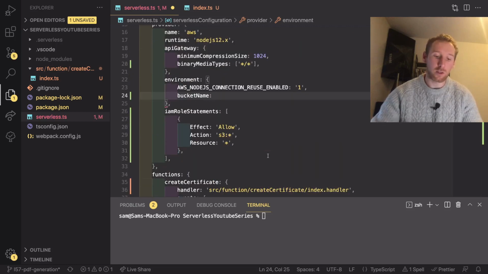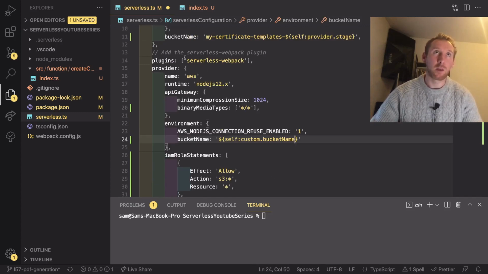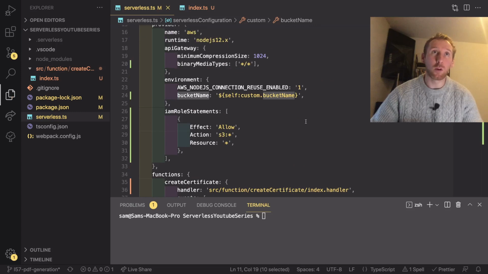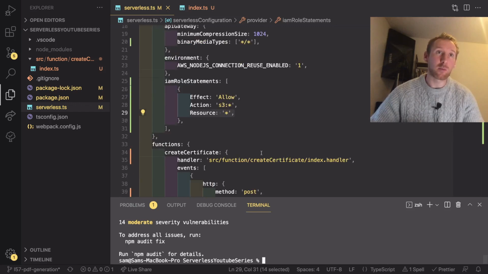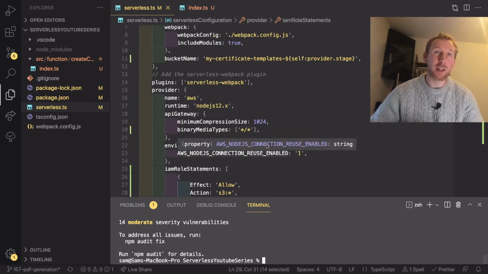So what we can do is do another string with $ curly braces, self:custom.bucketName, which is going to point at the same variable we've defined in our custom section, so everything will work together. Now that we have all of this set up, we can go into our terminal and run sls deploy,